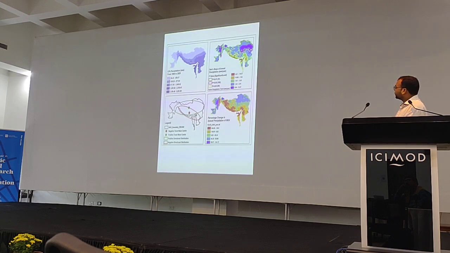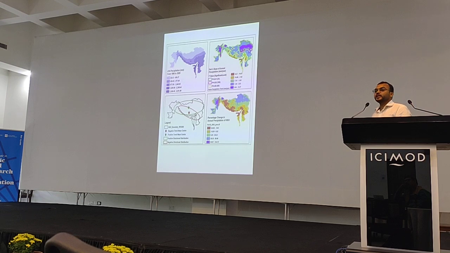Now the important thing is that you can see these regions have a high percentage change in precipitation, a positive change. These regions also have a positive change of a maximum of 134 percent. These things disturb the eco-hydrological process of the region. As many speakers already said, that's why nature-based solutions come into the picture.